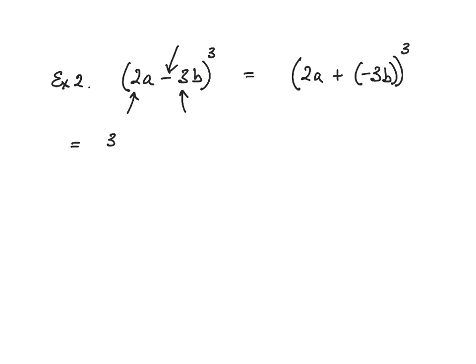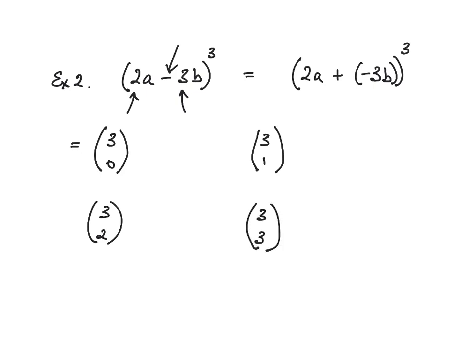So let's get the binomial coefficients. It's going to be 3 choose 0, and then 3 choose 1, 3 choose 2, and then 3 choose 3. So first term is going to be 2a to the power of 3, minus 3b to the power of 0,